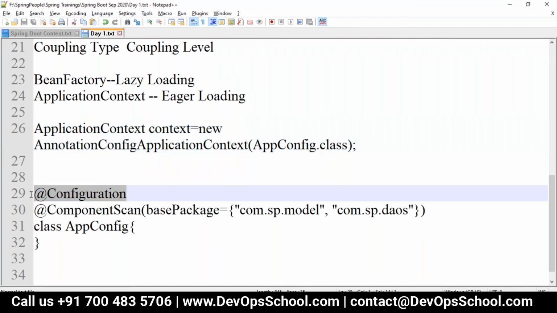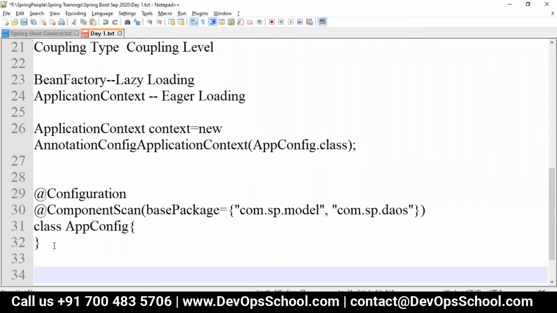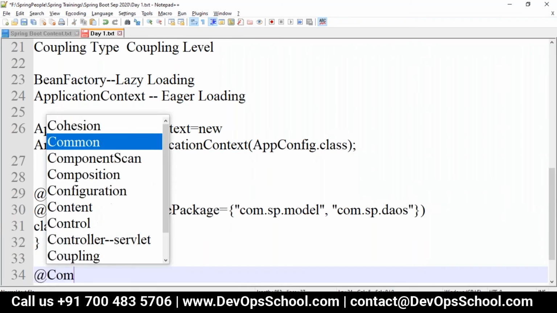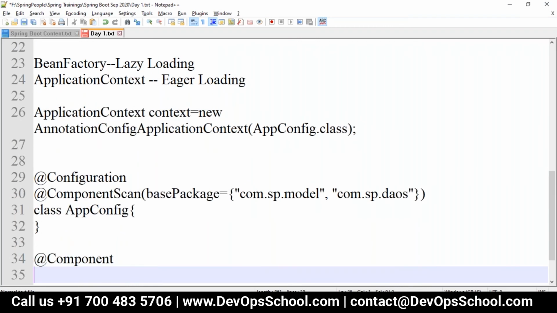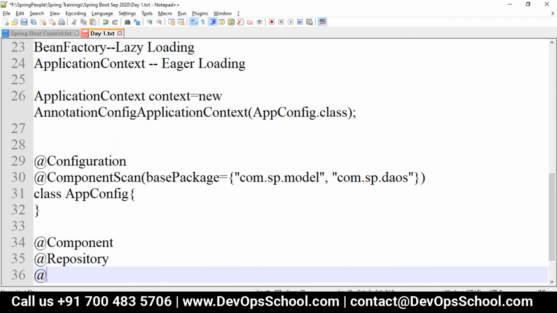It is the annotation to represent that it's a configuration class. We have different annotations with respect to Spring. Where we make a component, the component will be mentioned. It is a type of Java object, so it will represent that it's a component class. Either you can make it a component, or a specific component: if it's doing some database operation, we mention repository. If it's doing some business logic, we make it a service.